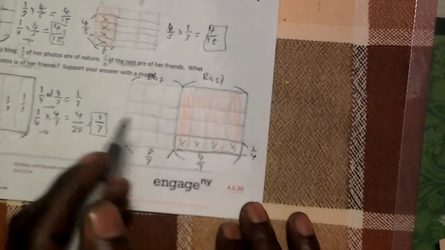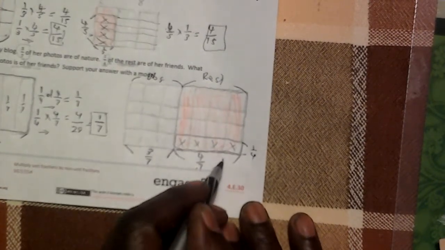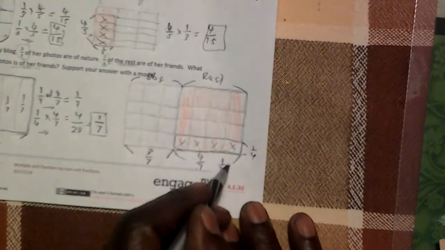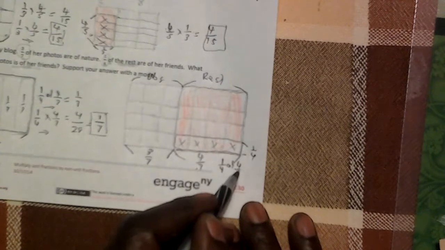So we have 4 times 7 is 28. Right? So out of the 28 pieces we have what? 1, 2, 3, 4. So we have 4 out of 28. So let me write this down below. So we have 1/4 of, what do we say, 4 7s equals